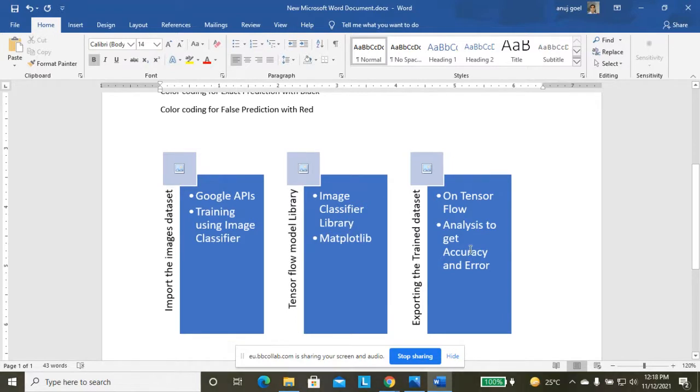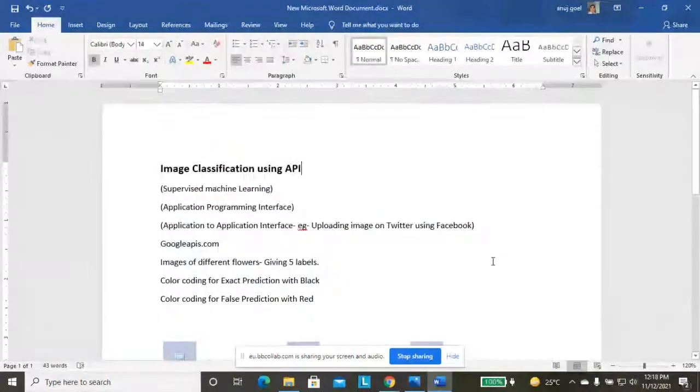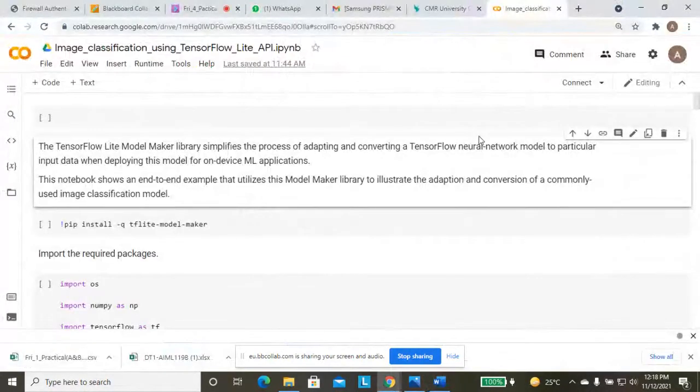Then on the uploaded data, we do the analysis to get the accuracy, meaning how many images are actual predictions and how many are false predictions. We will get their exact output. So that is what we will do in this experiment or project. Now I am sharing my Google Colab.